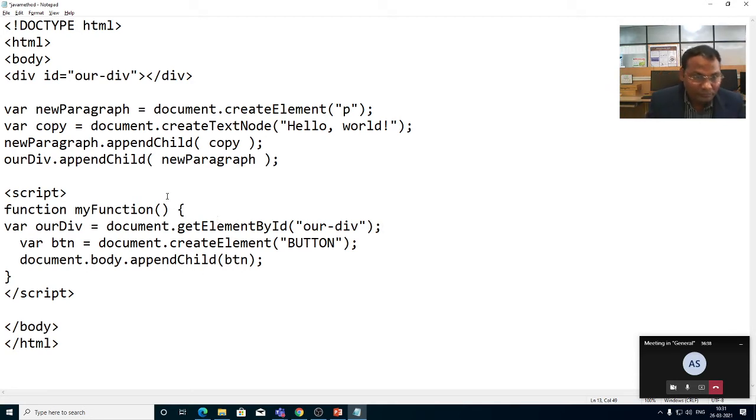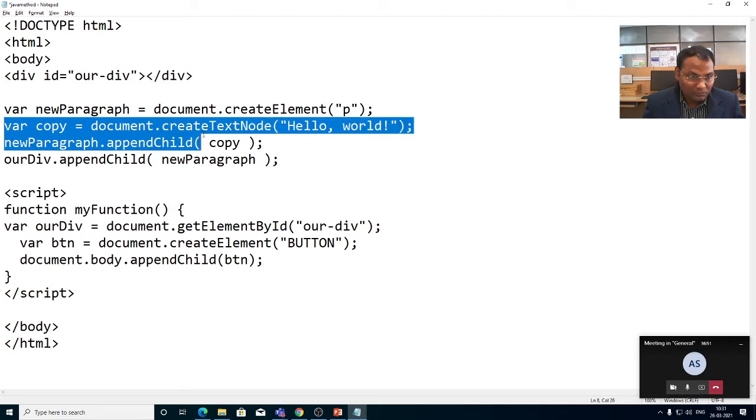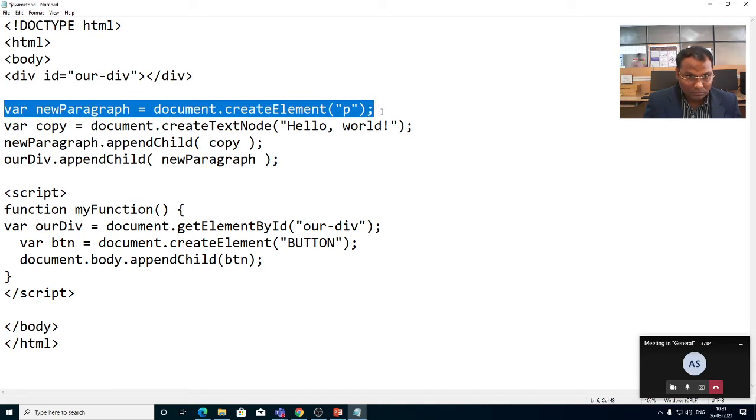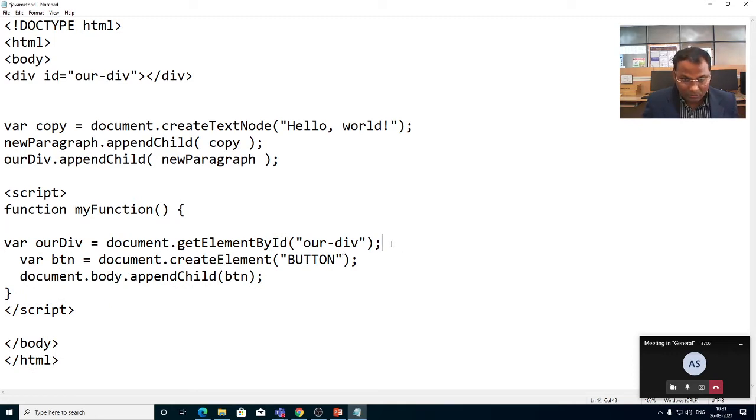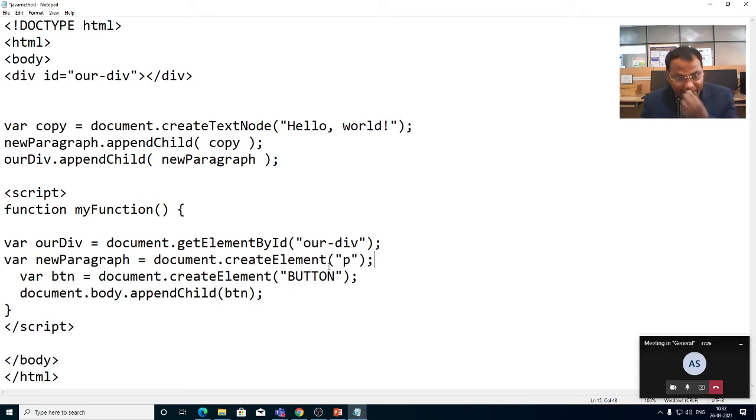Our div, then child node, function. Create element is used here, so we will use create element P. Append copy.